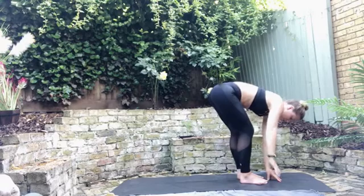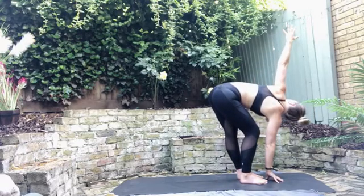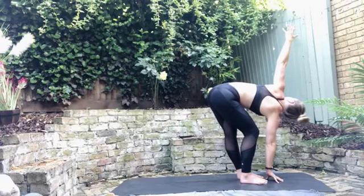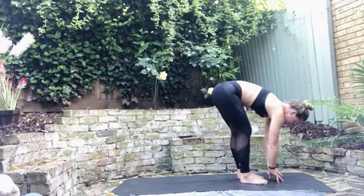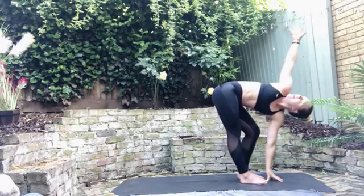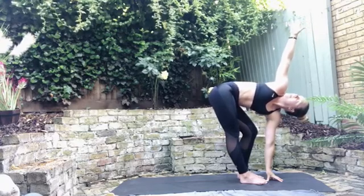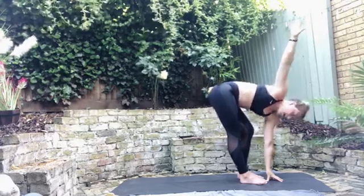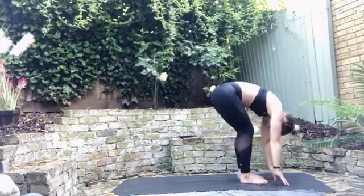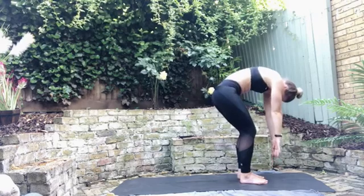Switching back, so we're bending into the left knee, left fingertips come down, straighten the right leg, extend the right arm to the sky. Exhale, release, bending into the right knee, planting the right fingertips down, left leg extends, left arm reaches up to the sky, breathing in. Exhale, release it down, roll the body up, nice body roll, taking our time all the